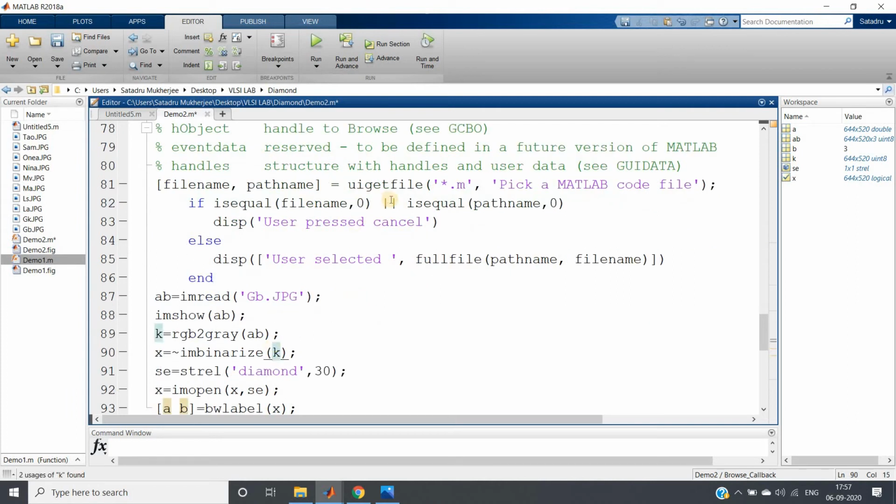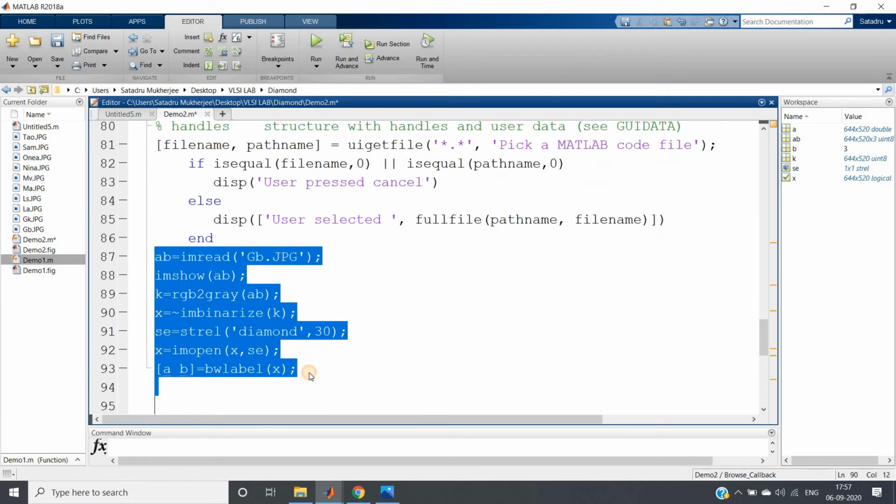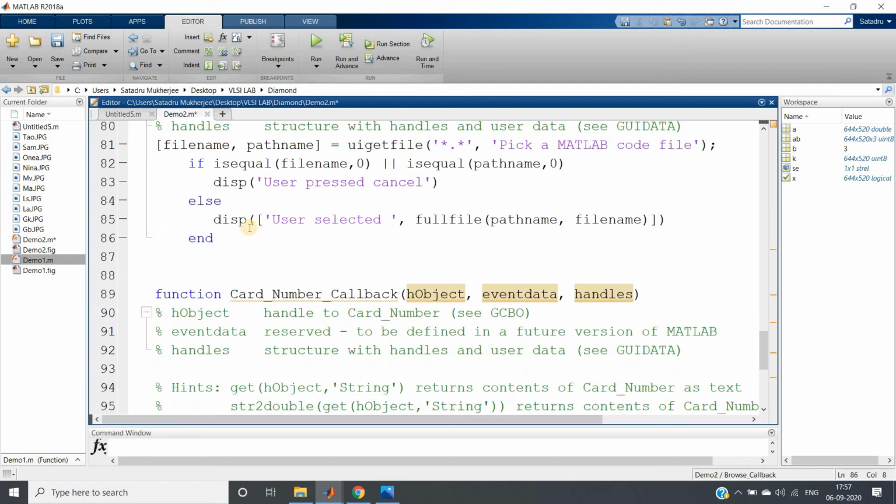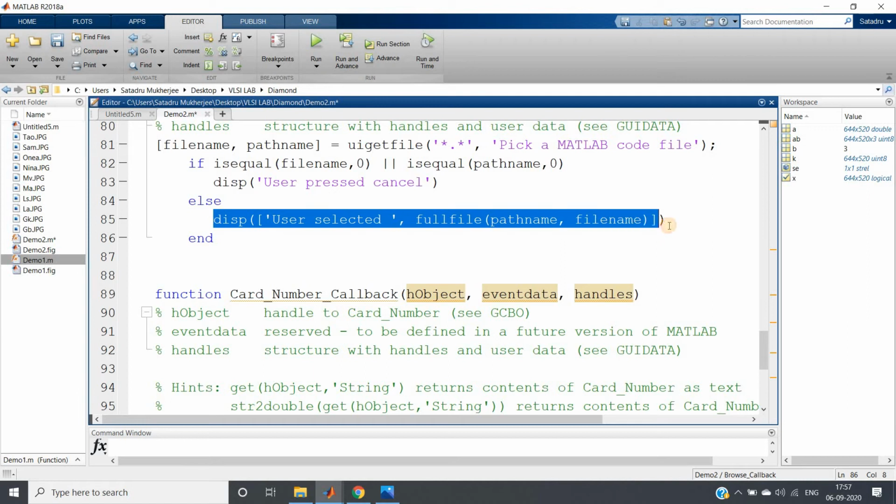Then instead of *.m, you write *.*, instead of m make it star, so that we can take image files also. And this particular part of the code which we had kept here, instead of keeping it here, you just write it in the else part.